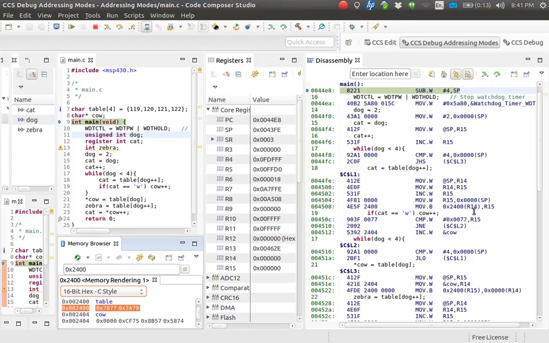So 2400, and it's using indexed addressing with R14, and R14 was, remember, they moved the stack pointer in here, so the stack pointer, remember, was pointing to dog, so they took dog here, that's dog right there, and it's taking this dog right here. R14 was dog, and it's getting the dog, table of dog, and it's moving that into 15, which was cat,